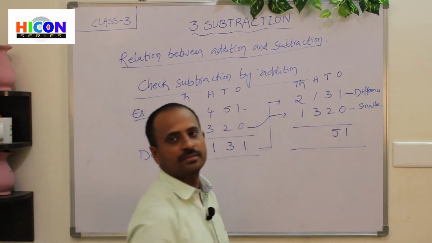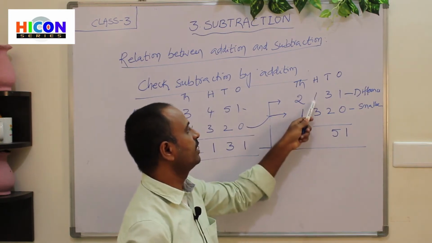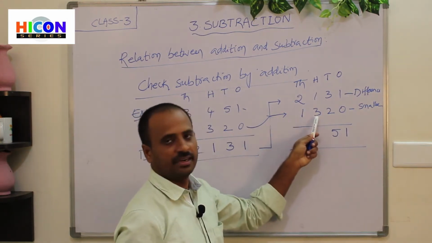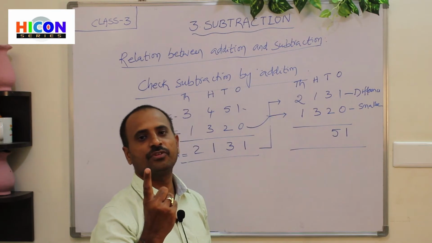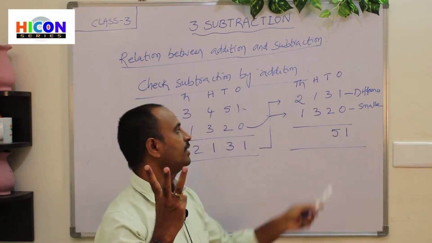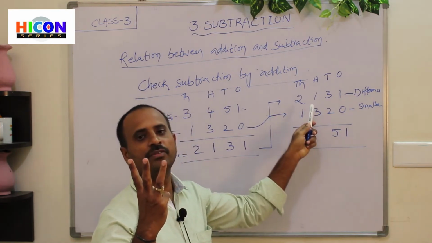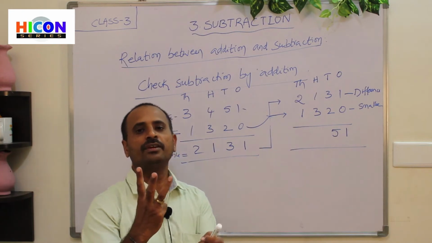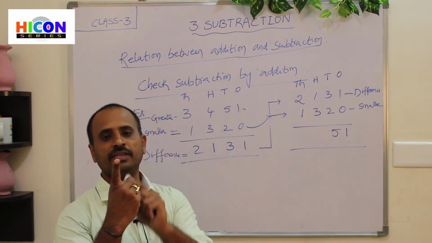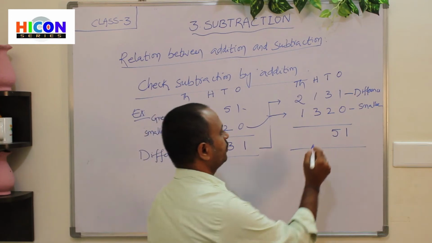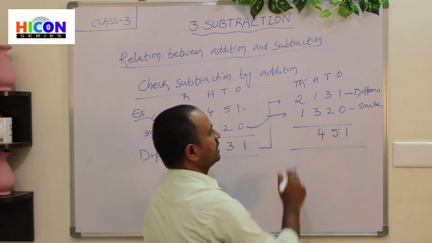Now go to hundreds place. What are the digits in hundreds place? 1 and 3. So what is the second number? 3. Open 3 fingers of your hand. 1, 2, 3. What is the first number here? 1. After 1 we will get 2. So start counting from 2. That is 2, 3, 4. The answer is 4. Next, go to thousands place.